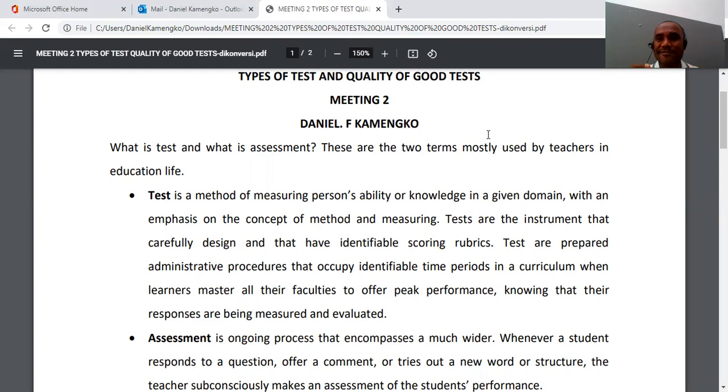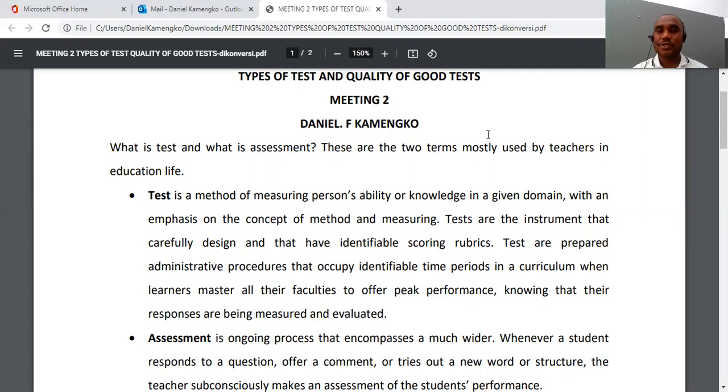The second sentence says tests are instruments that are carefully designed and have identifiable scoring rubrics. Underline the words carefully designed and scoring rubrics. So for teachers, tests have to be carefully designed.